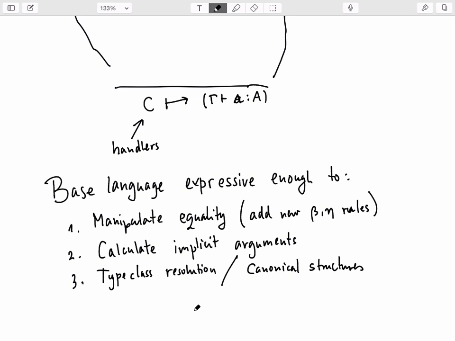And then you need to go to Paris and talk to people if you want to get modifications. Right? And then they hack things, and then they produce the next version of Coq, and then it's much better than it was. But maybe